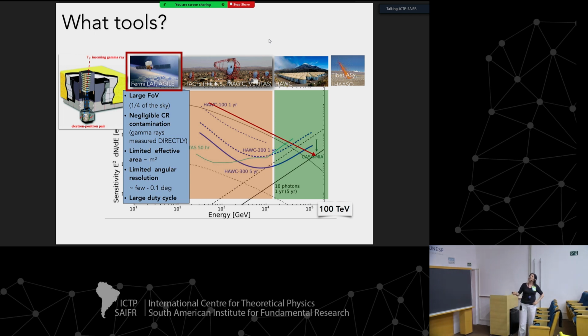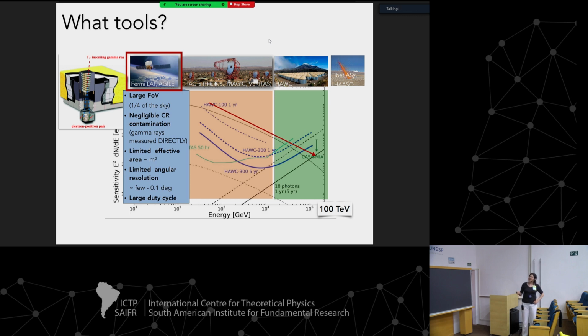But Fermi manages to do it because it's in space, and it has this anti-coincidence detector, the yellow thing. Whenever a charged particle passes through, it tags it. And so basically, you can directly remove, to great extent, all charged particles that pass through Fermi. So you have a very clean gamma ray sample. You don't have to worry so much about cosmic ray contamination. And this helps a lot when you do the analysis of extended signals. I will tell you about this. But when you look for dark matter, this is very